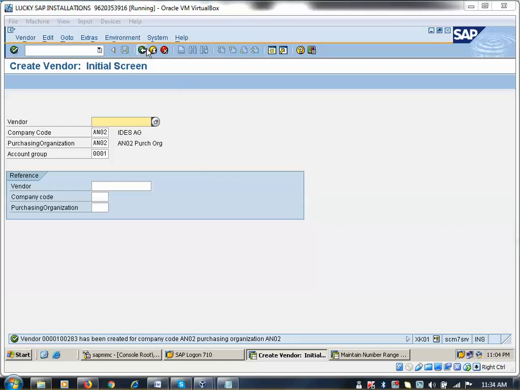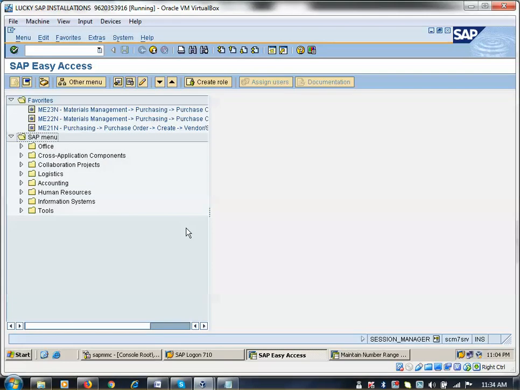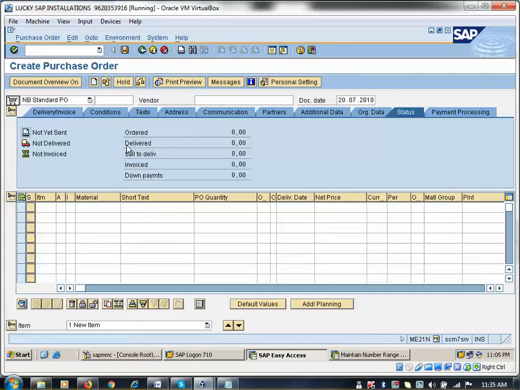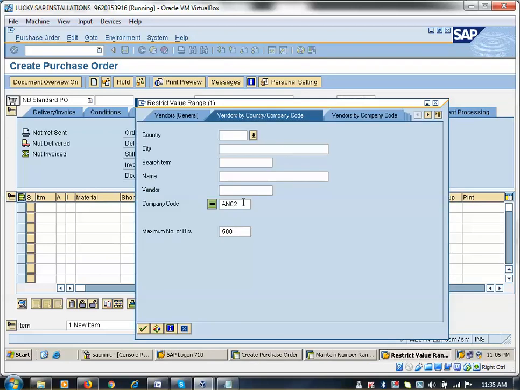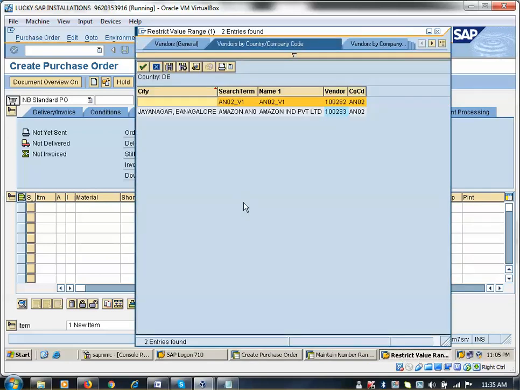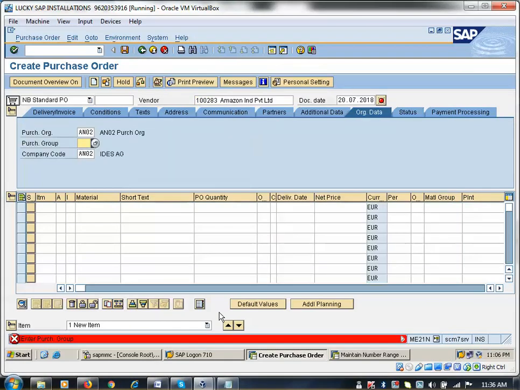In the development box, I have to test at least 40% to 50% of scenarios. Okay, so now I am coming to /NME21N. Now I can identify my vendor based on my company code AN02. Only one vendor. Client changes from company to company. Vendors I created for the same company. Yesterday I had not added the vendor and all. So now I created it in a proper format.